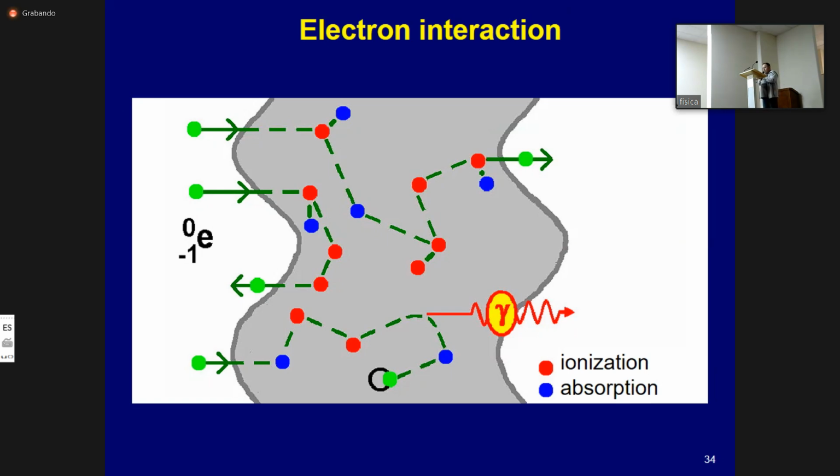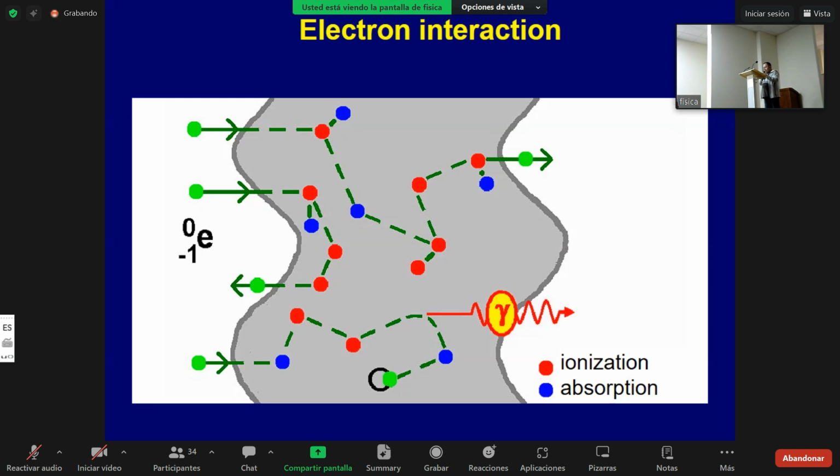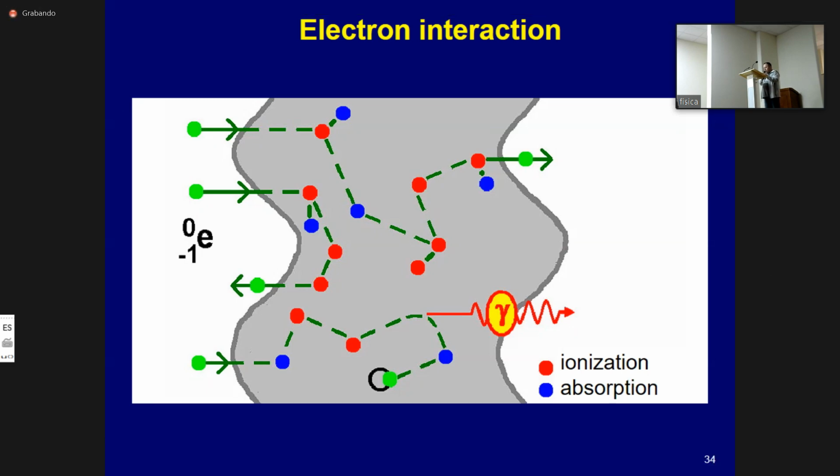So the other empirical rule for the calculation of the range of beta particles in the medium: the range is equal to energy divided by 2, if energy is represented in megaelectron volts. And another story, Bremsstrahlung. As an electron approaches the nucleus of an atom, its speed first increases, and then decreases as it moves through the electric field of the atom, first approaching the nucleus and then moving out of it.